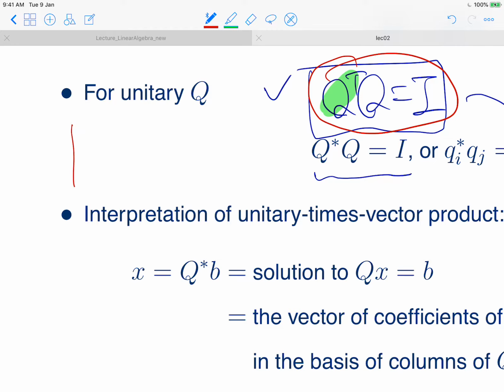So if we have a 3 by 3 matrix, and suppose we have 3 columns, and if they are orthonormal, which means that every pair will produce 0 inner product, and their length is 1 for each of these 3 column vectors. And then if we compute